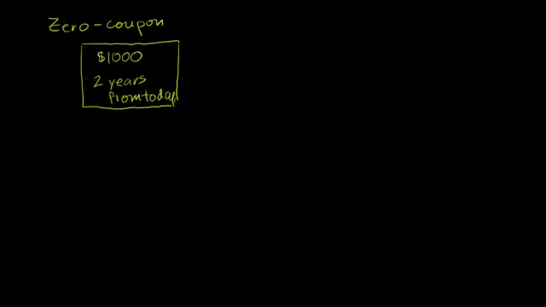So if I were to draw a payout diagram, it would just look like this. This is today, this is 1 year, this is 2 years. You just get $1,000. Now let's say on day 1, interest rates for a company like Company A, this is Company A's bonds, so this is starting off, so day 1. Let's say people's expectations for this type of bond is they want 10% per year